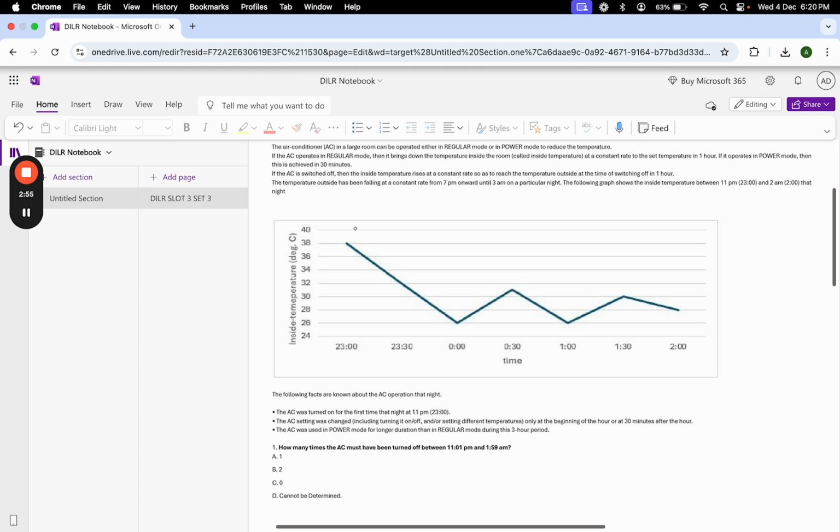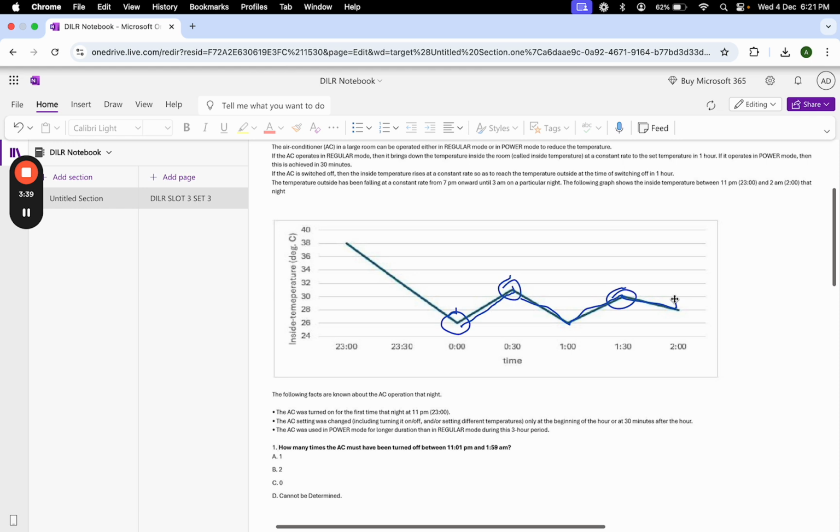Now, what we know is that at this point the AC started, which means 38 is the outside temperature. 38 degrees is the outside temperature, that is confirmed. And it cooled a lot. Then for the first time, the AC was turned off here. That is why the temperature increased from 26 to 31. Then again it was turned on. So that is why it reduced to again 26, then again increased to 30, and then again switched on, and then it reduced to